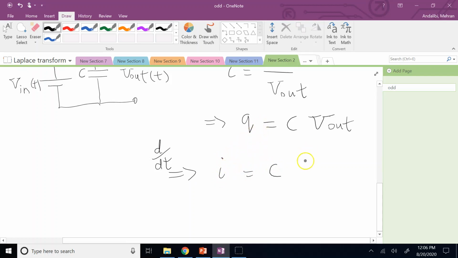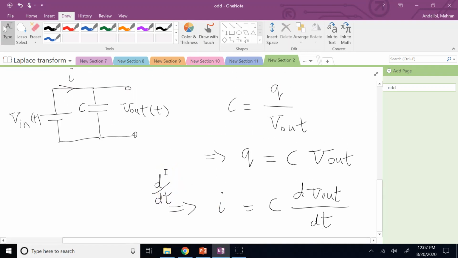And then this is going to be C dV out over dt, assuming that C is constant, correct? And now what is I? How do I find I here? Correct? I need to find I, and how do I find I? Well,